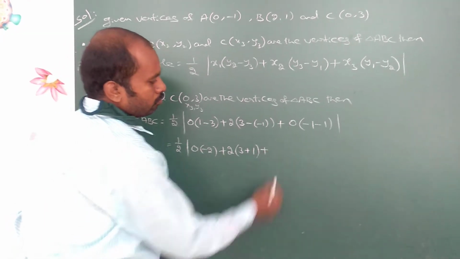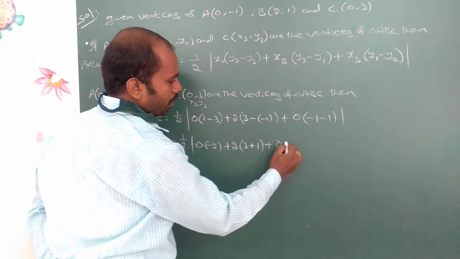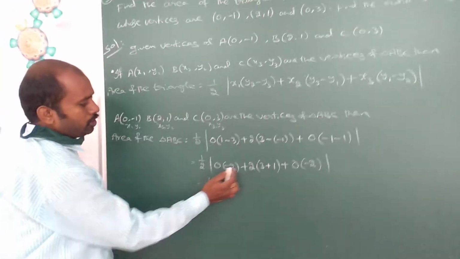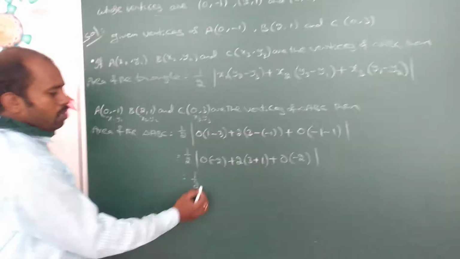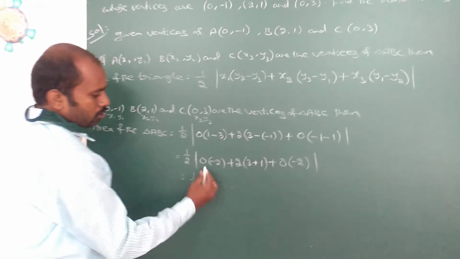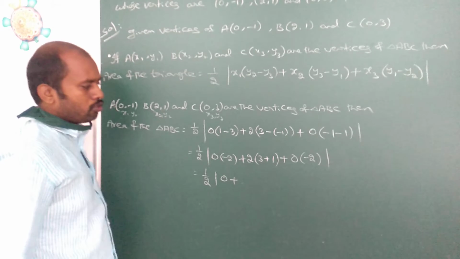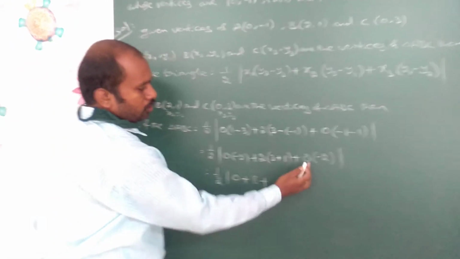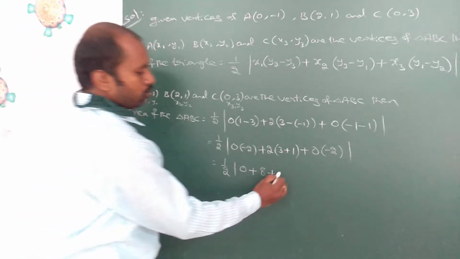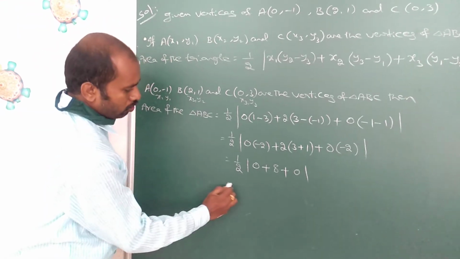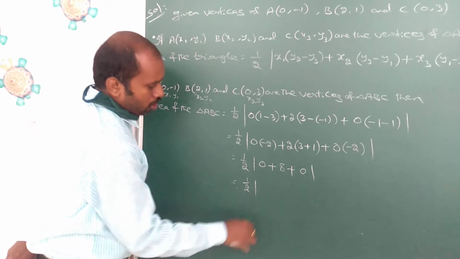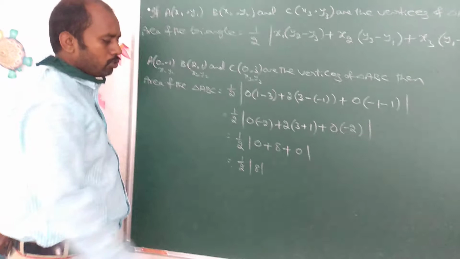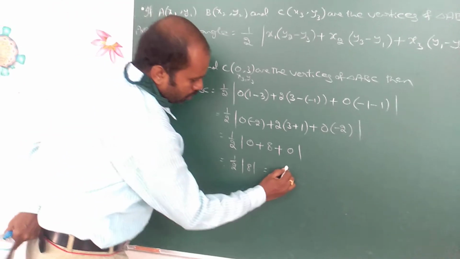Last term, that is the third term: 0 into -1, adding -1, you get -2. Modulus close. Modulus of 0 into any number, we get 0. So modulus of 0 plus 3 plus 1, that is in bracket 4, we get 4 into 2, 8, plus 0 into any number, you get 0. So the last term also is 0. Adding, modulus of 0 plus 8 plus 0, we get 8. In modulus, the value is positive, so remove the modulus. That is, you get 8.